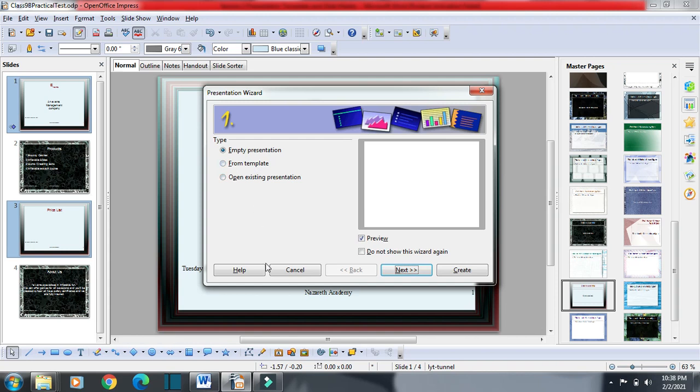But if you are not satisfied with these 4 to 5 slides as a template, then you can change the background or features or formats of these template slides also using the slide master.